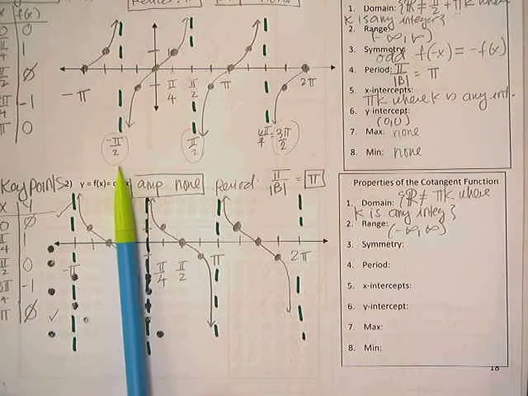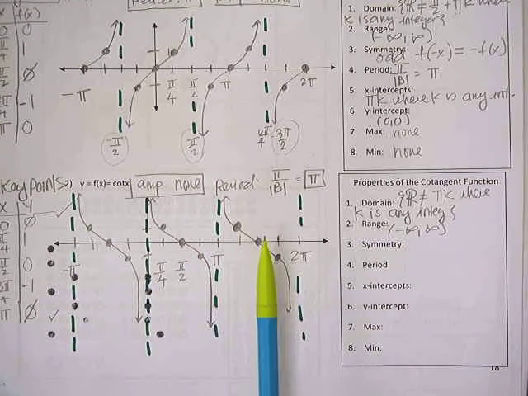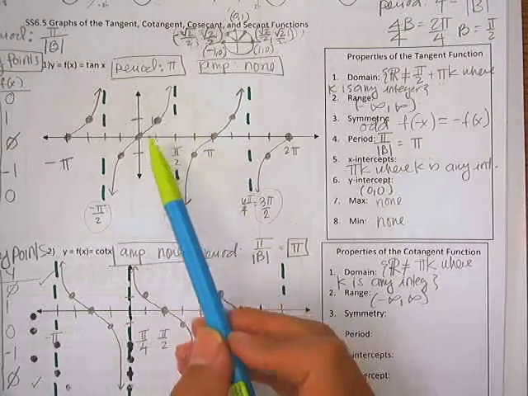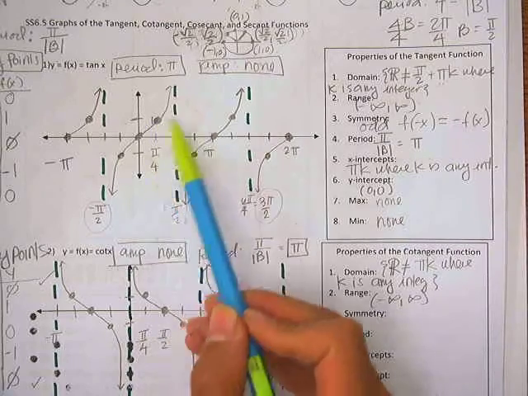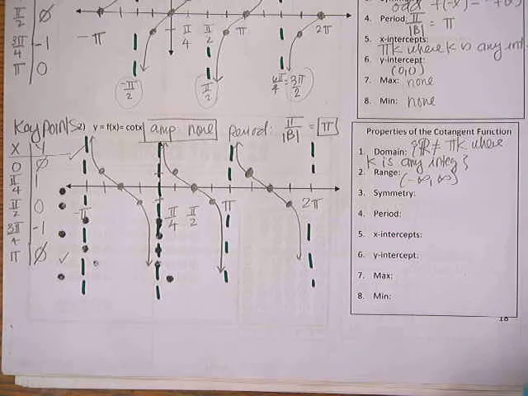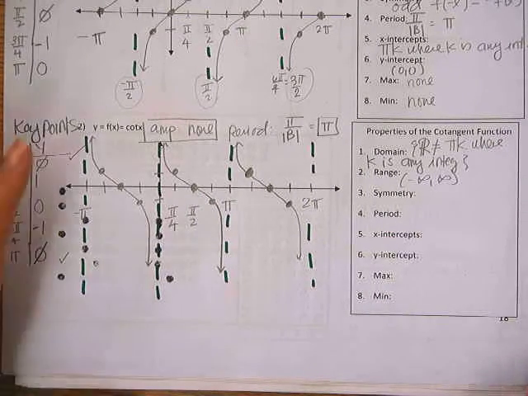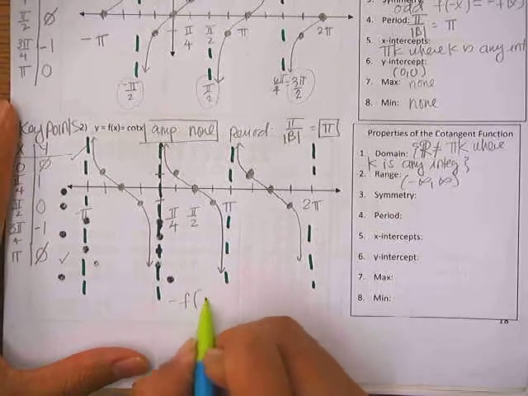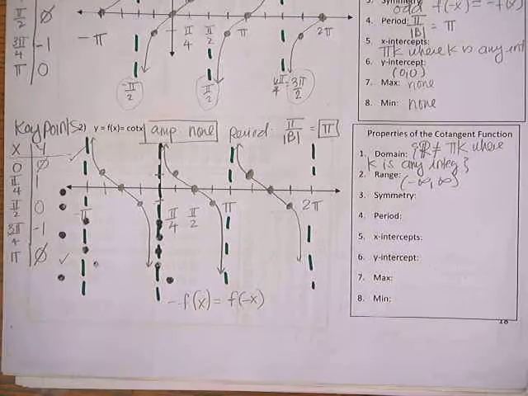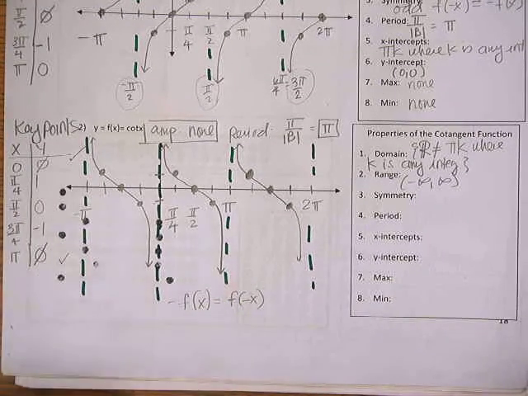Okay, now let's talk some more. Is it odd? Remember, tangent was easy to see that it's odd, right? Because it's reflected over the origin. But is this one odd? Let's do a test, algebraic test. Negative f of some x value equals f of a negative of some x value. Okay? All right, randomly, let's pick,